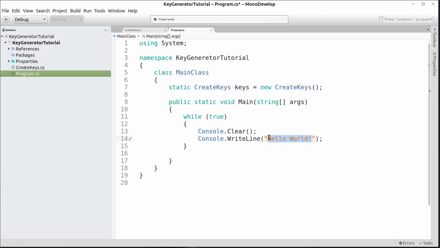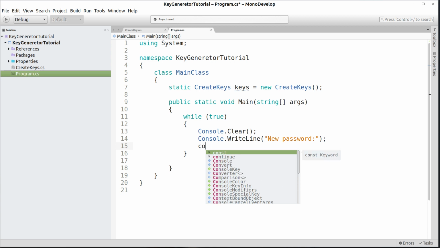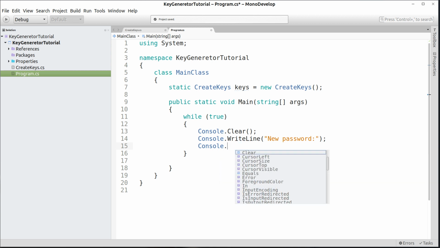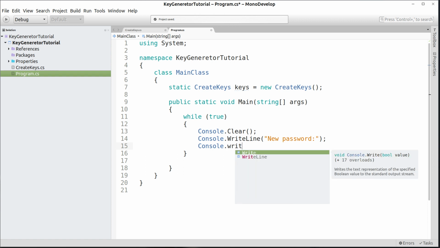So we're gonna change hello world to, as we typed, new password, and the new line we're just gonna create console to have a space in between, write line,